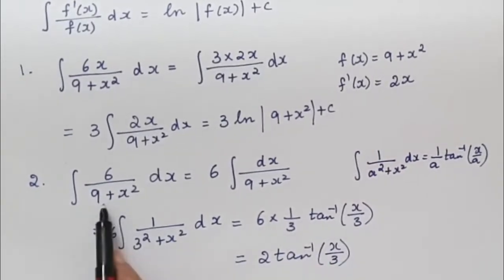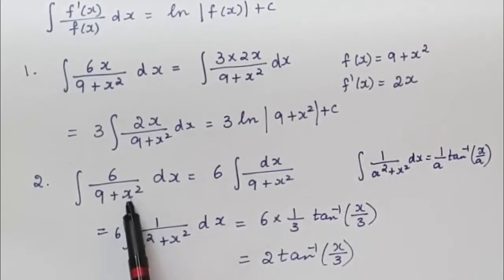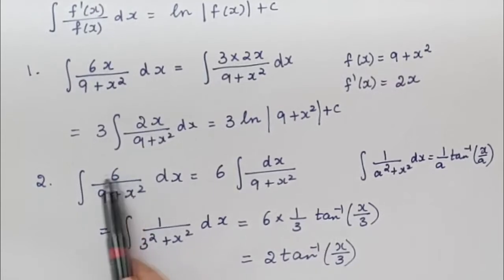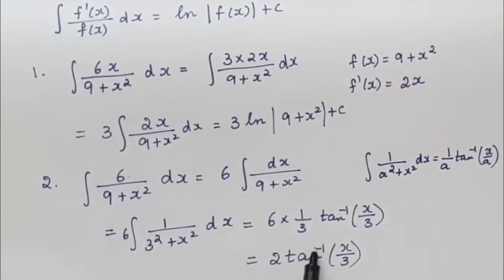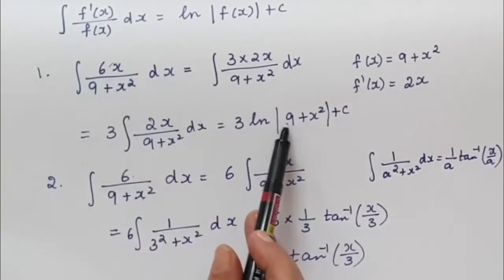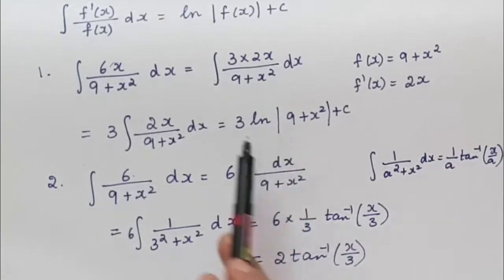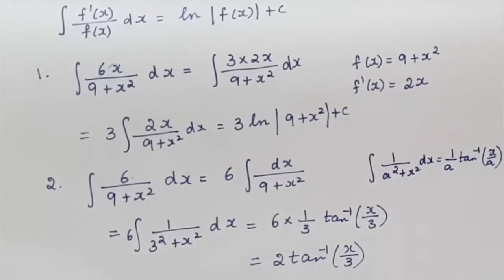For this, we are applying tan inverse because when we differentiate our denominator, we do not get a 2x. Numbers we can add and subtract, but x has to be present. That is why this is the formula for tan inverse. But in the earlier question, as an x is present, we used the formula for ln. You need to be very careful over here about where to use tan inverse and where to use ln.